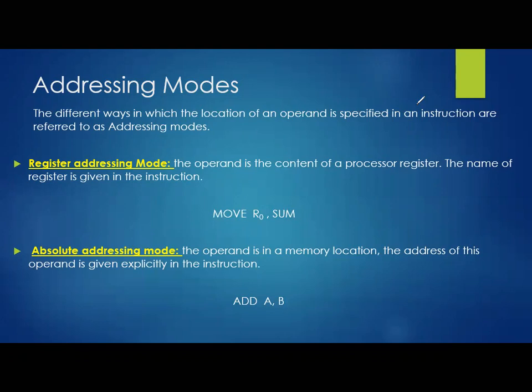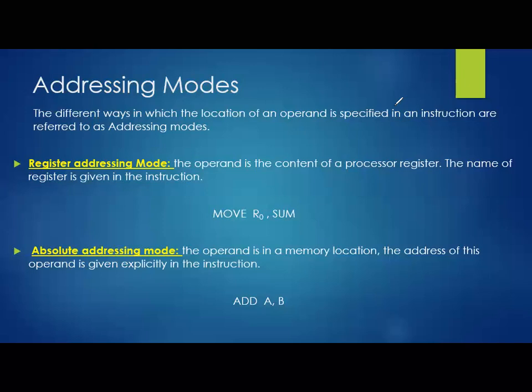Don't worry whether we are fetching from the secondary storage or primary. Right now just consider that our processor is communicating with the main memory, that is the RAM. Now the addressing mode will help us to represent, in our instruction, the address location of the operand which is residing in our main memory. For this representation, we have a total of 6 to 8 different addressing modes available. We use different varieties of syntax in our instruction so that we can mention the address of the operand which is residing in our main memory.